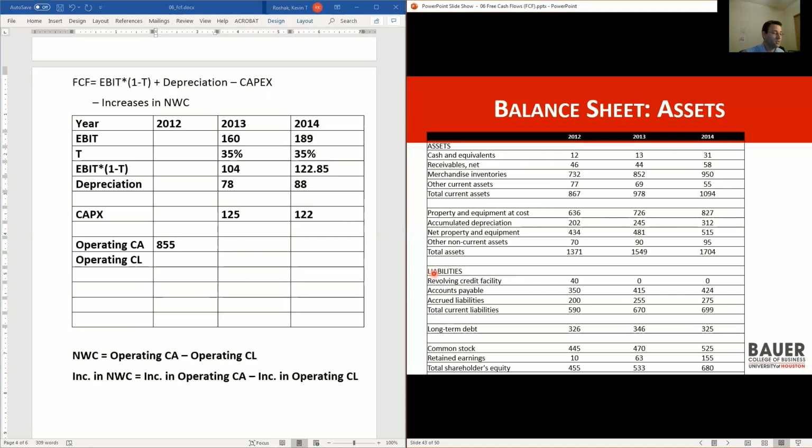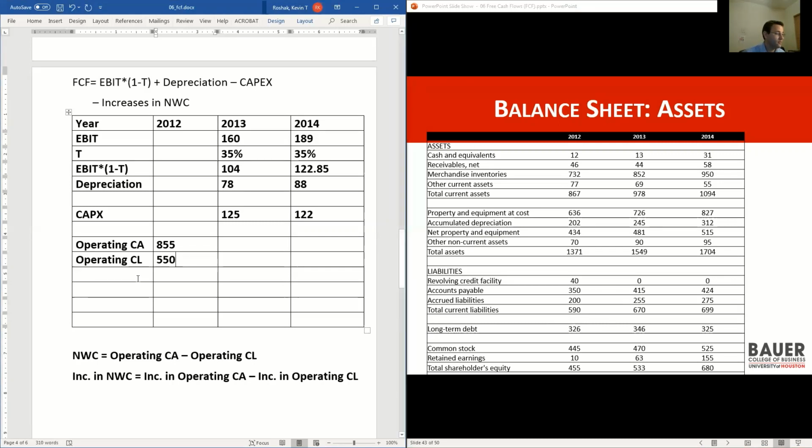Okay, we go down to liabilities. Here's a nice kind of tempting line here. Total current liabilities, 590. Again, it's a trap. What do we exclude? We exclude anything that has to do with financing. So anything that says debt or credit, we exclude. It's not part of the operations. That's just how we deal with our investors. So it's almost $590, but it's $590 minus that $40. The other things, the accounts payable and the accounts liabilities, those are part of your operations. Okay, so we're left with $550